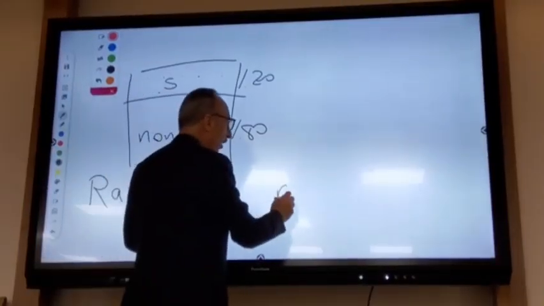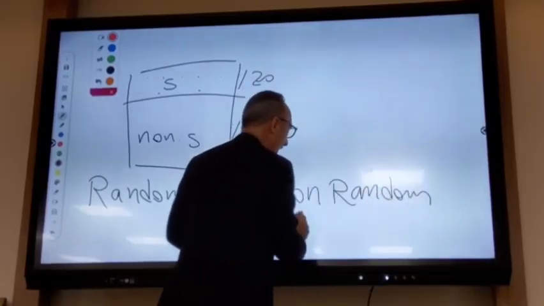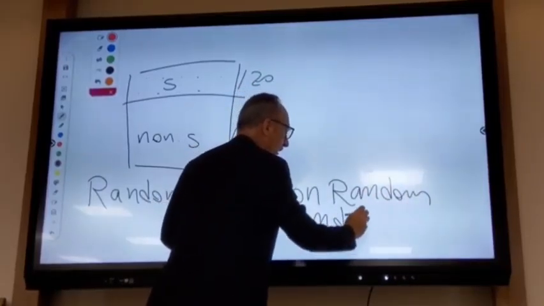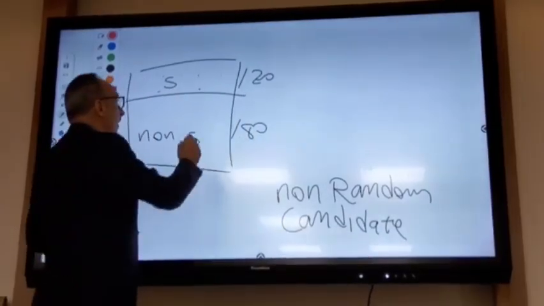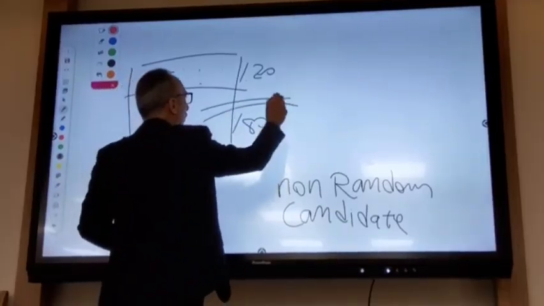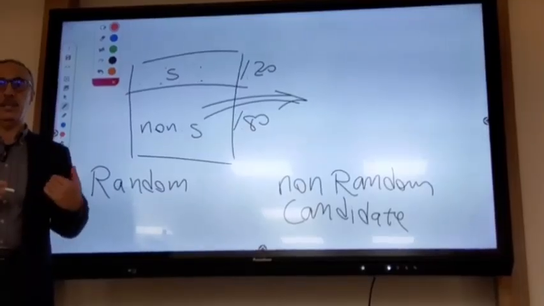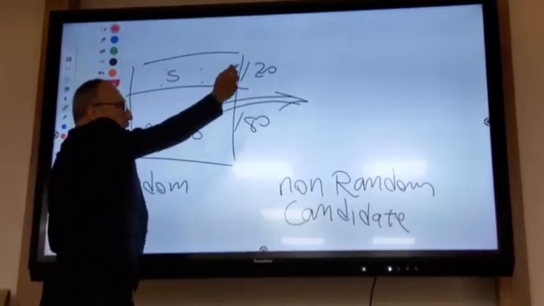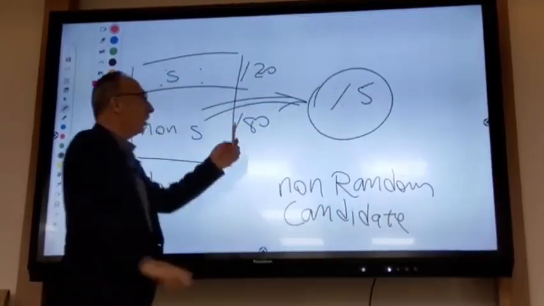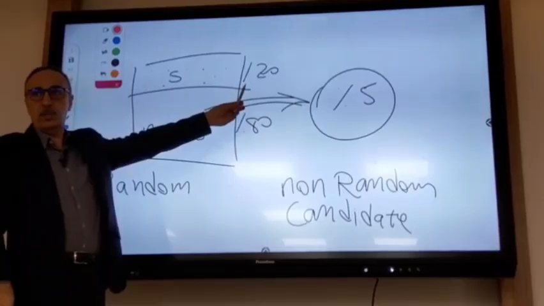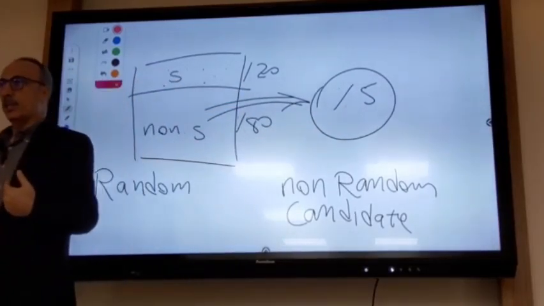But if I use a non-random sampling and ask who is candidate, who wants to come here and answer my question, the people who are non-smokers have a higher chance to come here than people who are smokers. So I may reach 5% prevalence of smoking, although in the real population, 20% of the population do smoke, but in the sample, some smokers may not want to come here. This is called